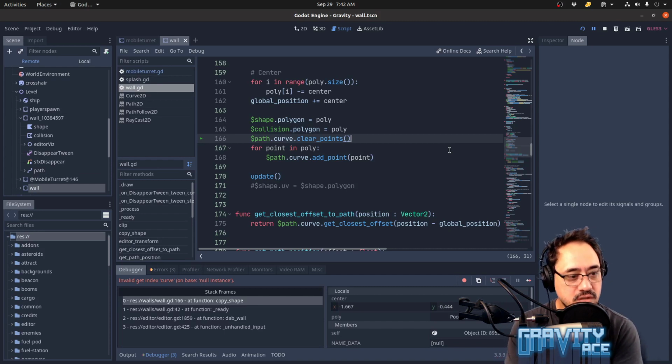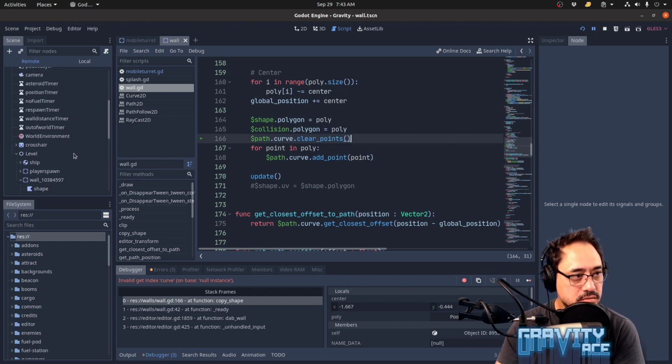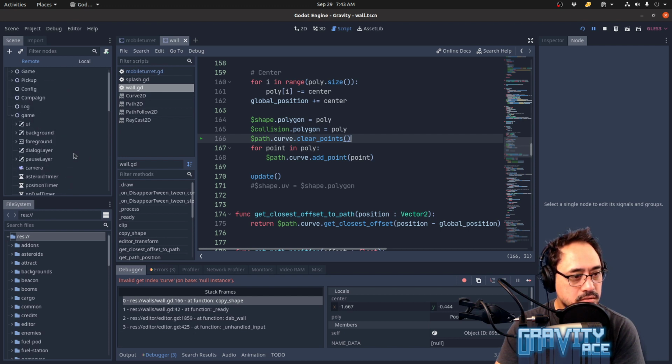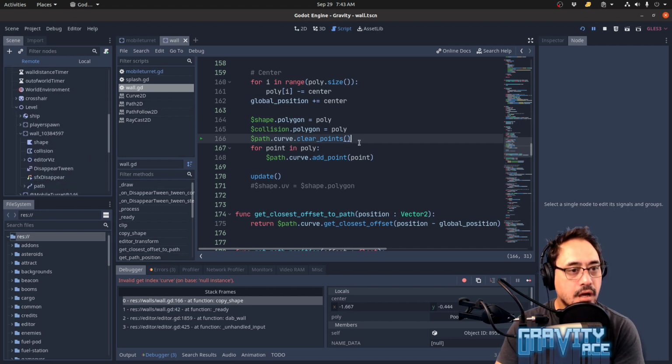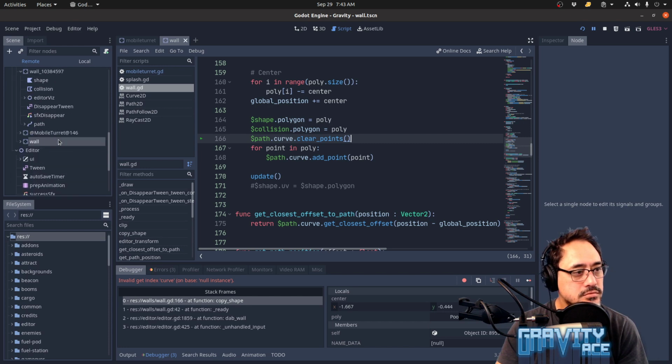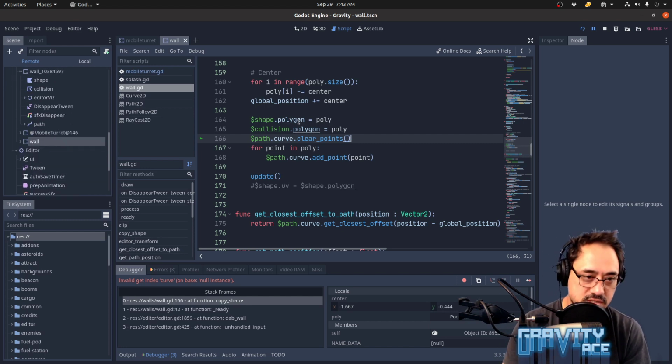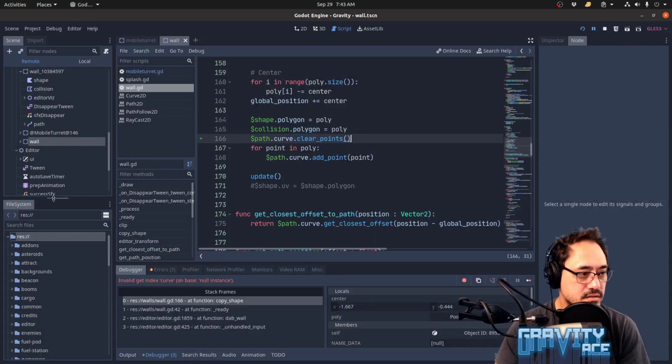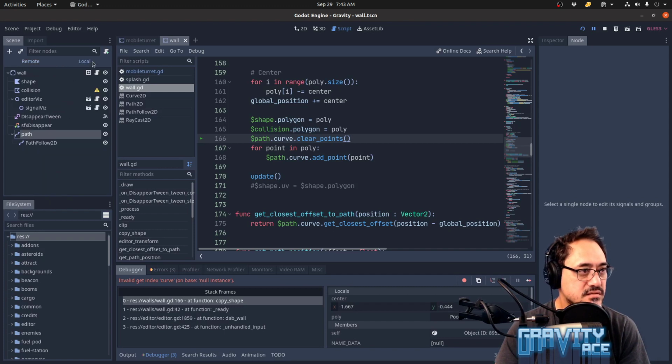Oh no. No. It's because I'm drawing a new wall. I'm trying to copy a shape, but the wall isn't ready yet. Right? But shape and collision are. I think I know what it is. Oh man, this is a mess. It's because